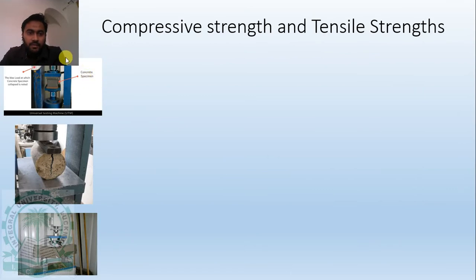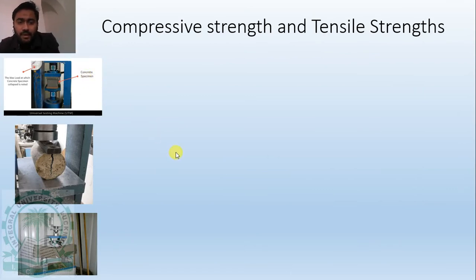If we see the compressive strength and tensile strength, we have to differentiate. For example, this machine is used for testing compressive strength. This one is for split tensile strength. Loading is done in this manner on a cylindrical specimen, and we have tension in this part and it cracks. The third one is flexural strength, this one. All of these machines you can see in your concrete technology lab and advanced material testing lab in our university.